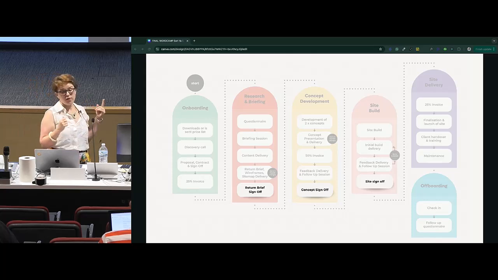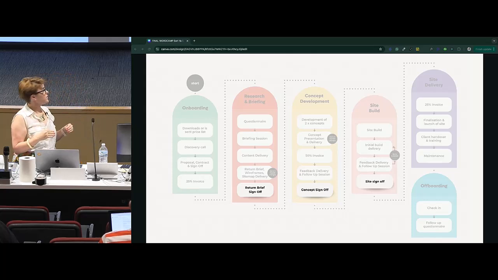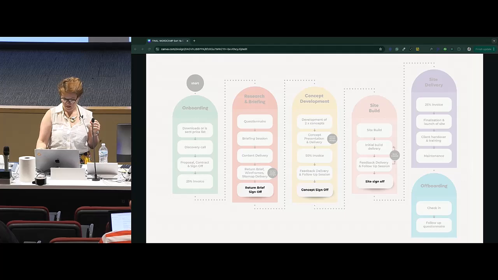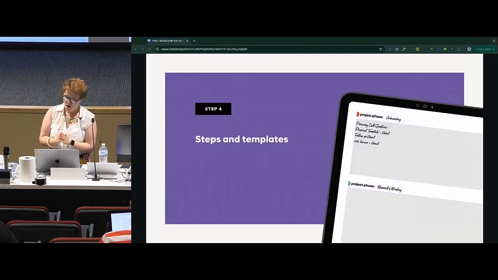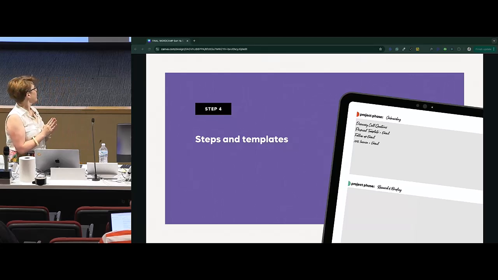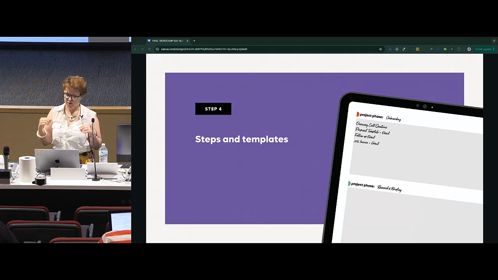I then have a sign-off on the homepage concept design before I start building the site. And then, as I said before, I have a site sign-off before we actually launch the site. Okay, so now you've got your sign-offs and your invoicing in. Now is the time to go back and start going through stage by stage and entering all the templates you need.